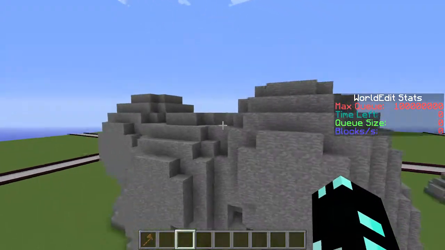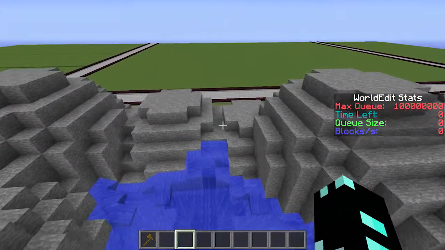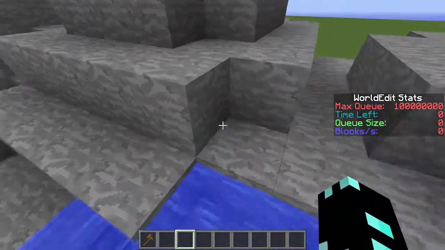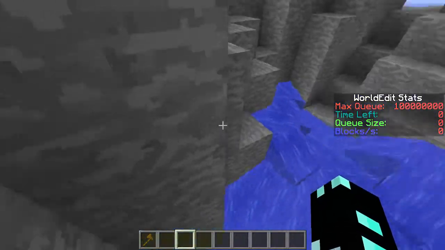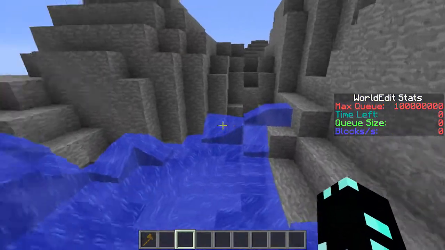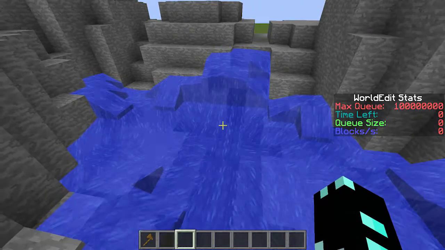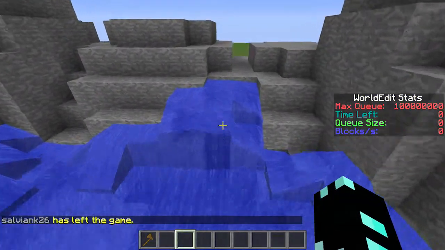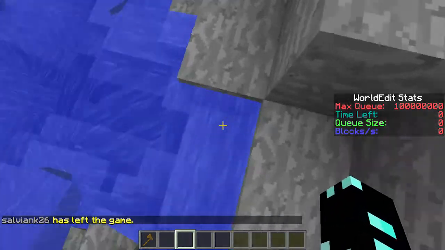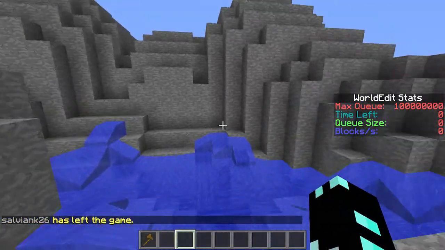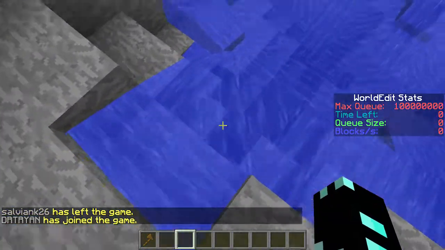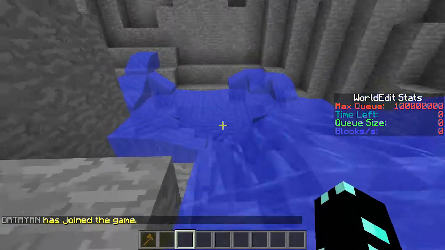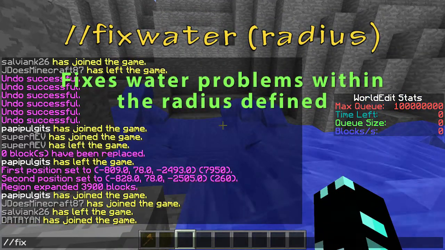So the first command I'm going to be showing you is a really useful command. I use this a ton, and it is called the fix water command. Now, as you can see, this is a common problem with Minecraft, as we have a whole pond of water that's all messed up, and it's really difficult to fix this normally. But luckily with WorldEdit, we have an easy way to fix this. So if we go over to the highest water block, as you can see, this is the highest water block of elevation. If we do it when we're down here, it won't work the same way. So we need to be at the highest block of water elevation, and we type in the command /fix water,